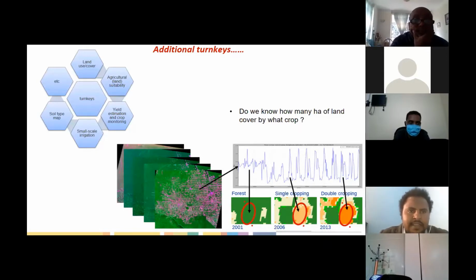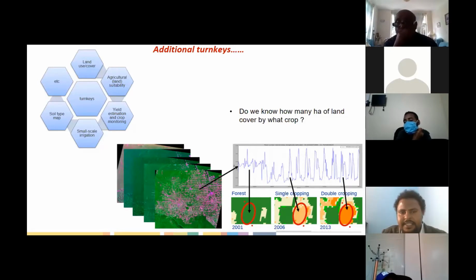For example, land cover and land use maps, agricultural land suitability maps, yield estimation and crop monitoring tools using remote sensing, small scale irrigation, and soil type maps. These are some of the key important products that the Geospatial Community of Practice and the COW members try to produce to support the agricultural advisory system in the country.